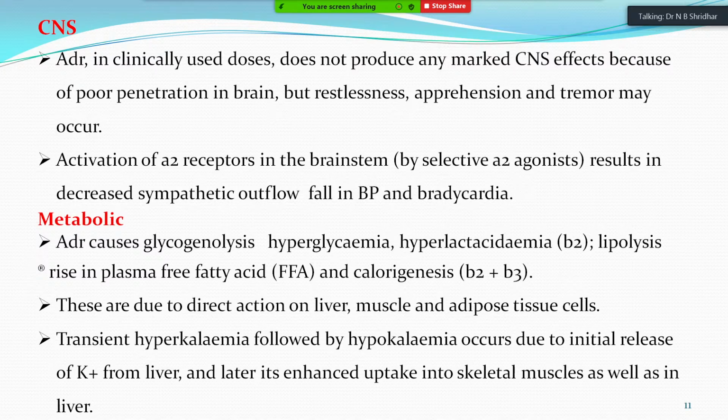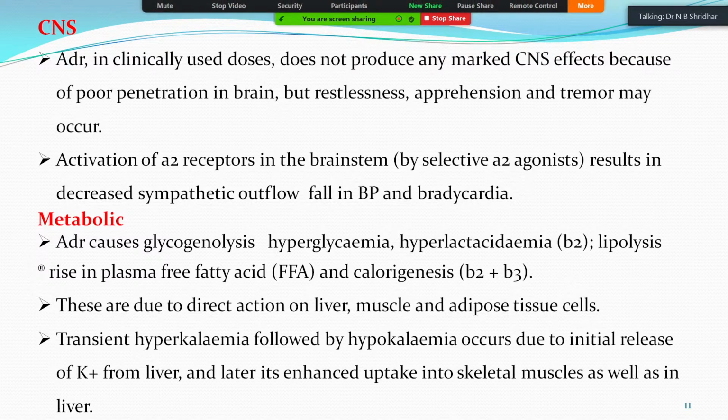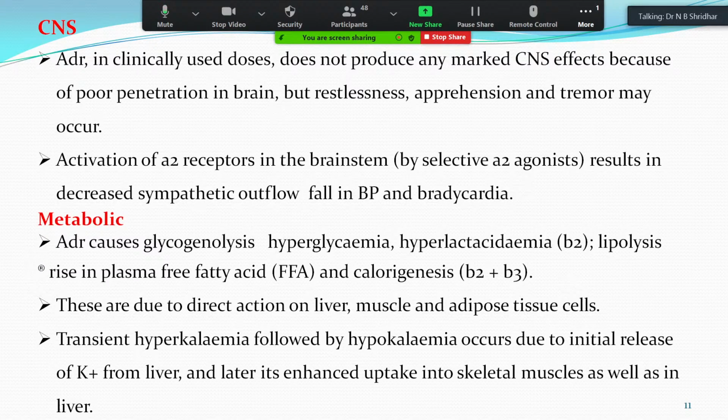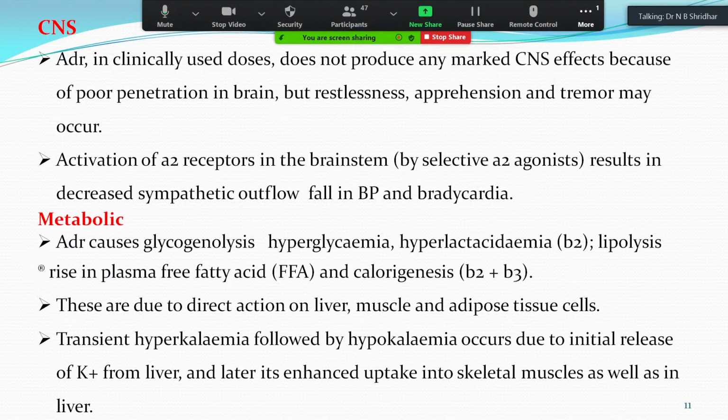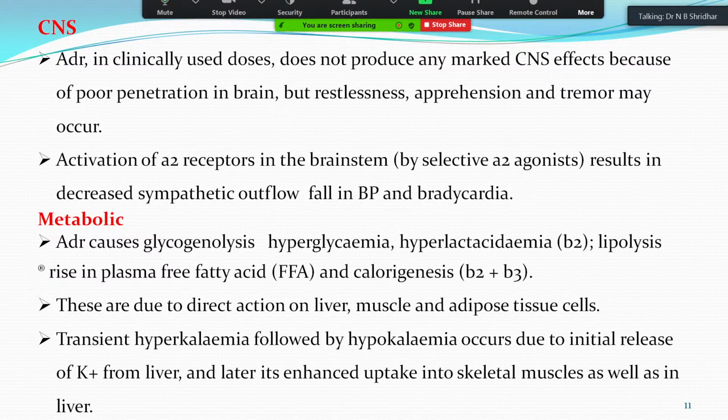The activation of alpha 2 type receptors in the brainstem by selective alpha 2 agonists results in decreased sympathetic outflow, and also the BP will fall and bradycardia will be seen. Activation of the alpha 2 type of receptors, especially in the